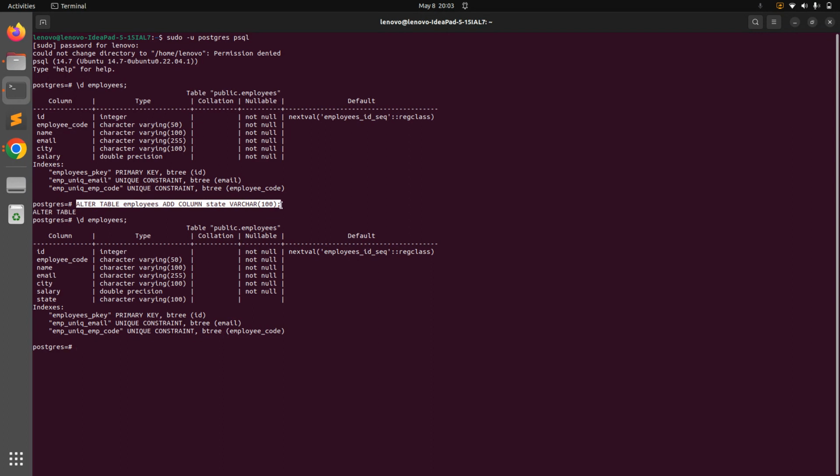Okay, now what we will do is try to add multiple columns in a single query. So we can simply use ALTER TABLE employees, then ADD COLUMN, and then your column name, let's say country, and then its type, let's say VARCHAR(100),